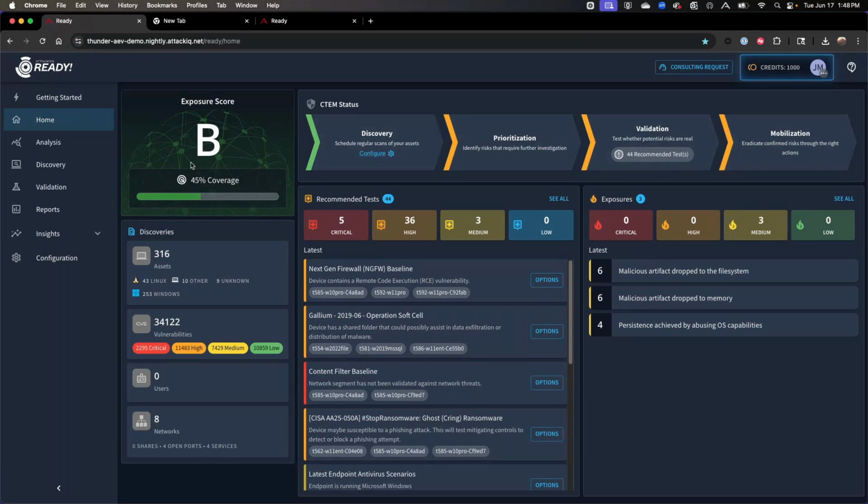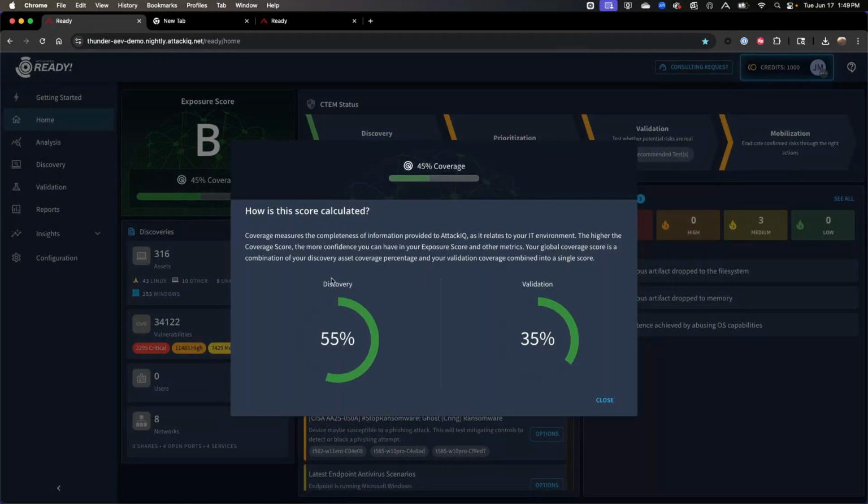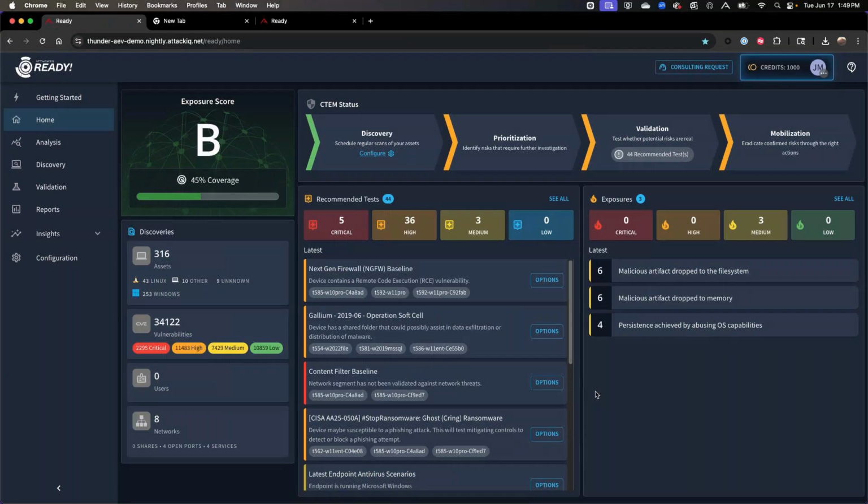So the exposure score, why do we have this 45%, this B exposure score right here? So how do we calculate this? We're looking at this from a couple of different ways. We're looking at this through the discovery, and I'm going to show you how we do that discovery as well as the validation of those. So the discovery is everything that, of course, we found, and then the validation is everything that we have said, hey, this is something that we've gone ahead and done the testing,